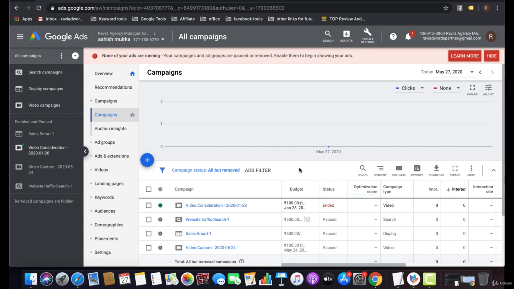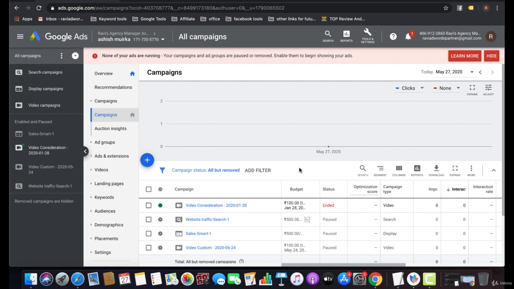And what is a negative keyword? A negative keyword prevents your ad from being triggered by a certain word or phrase. Like if you are targeting Canon digital camera and you don't want to show to people who are searching for Nikon, then you can add Nikon as a negative keyword.